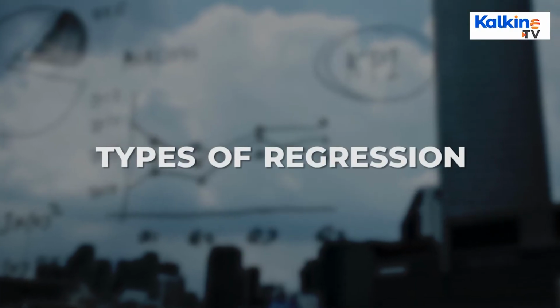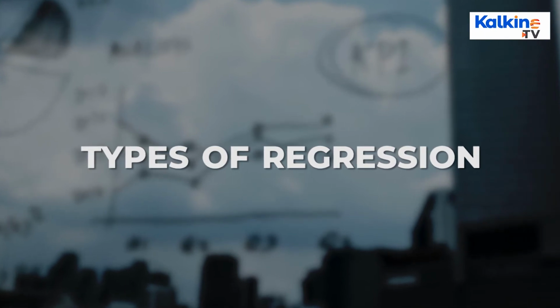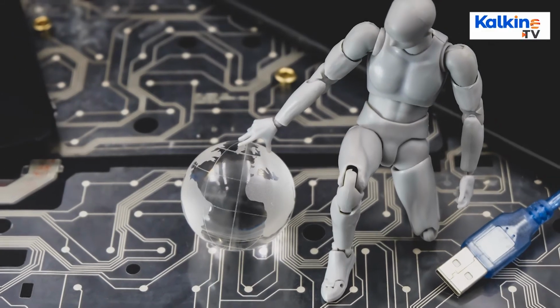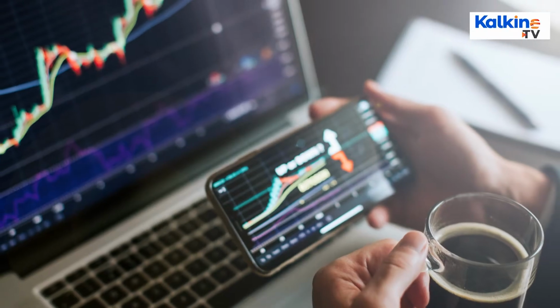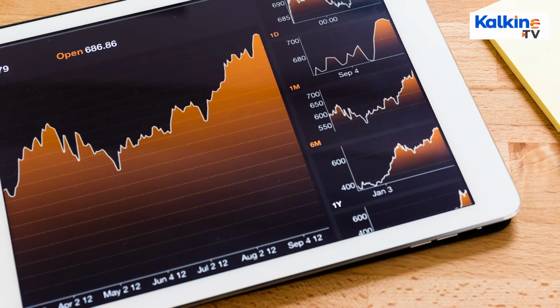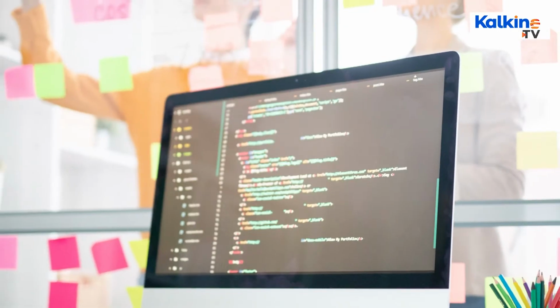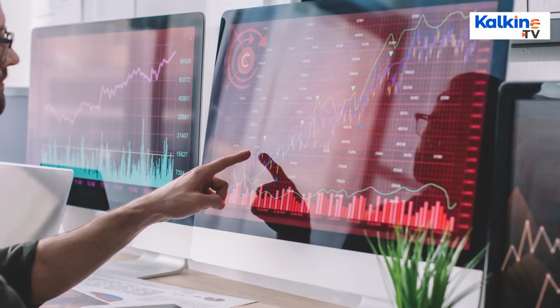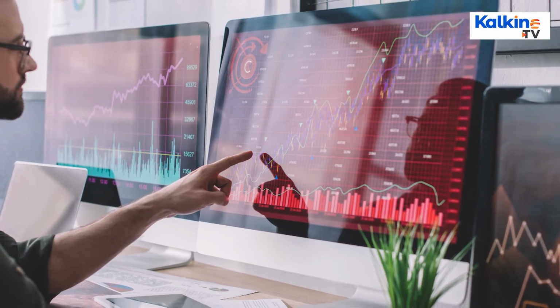Types of regression analysis. Let us now look at a few types. Linear regression is a basic form of regression used in machine learning. Linear regression comprises of predictor variable or dependent variable which are linear related to each other. Logistic regression is used when data is discrete. By discrete, we do mean that the data is either 0 or 1, true or false. Logistic regression is applied in such cases where we have only two values.